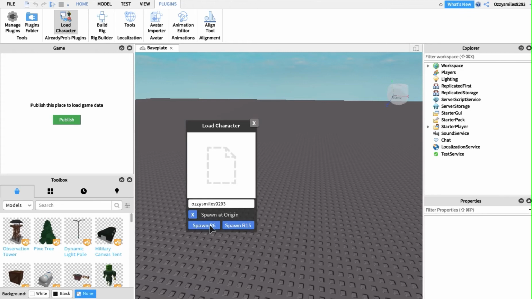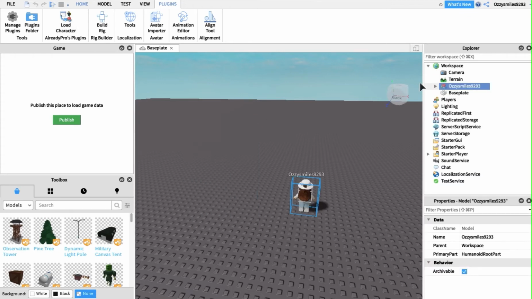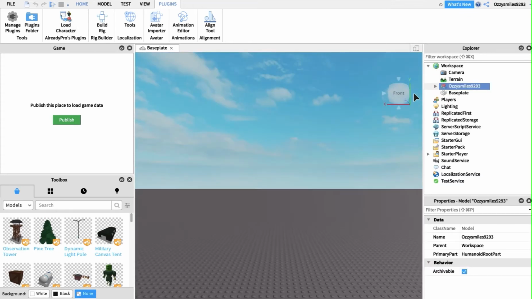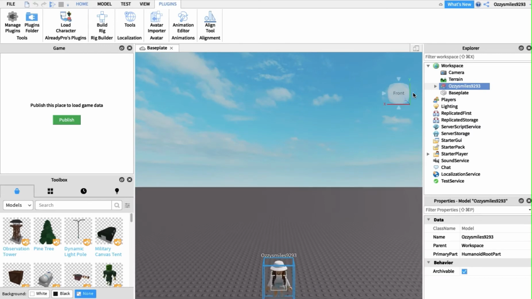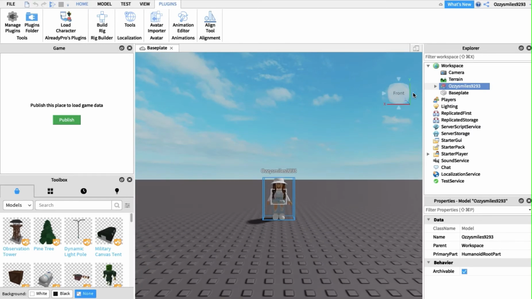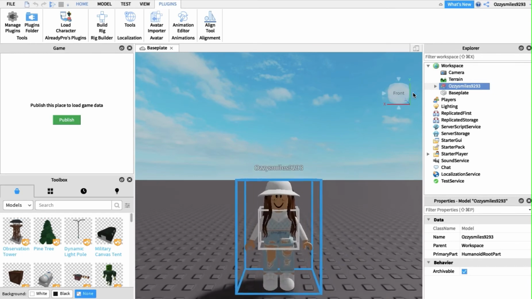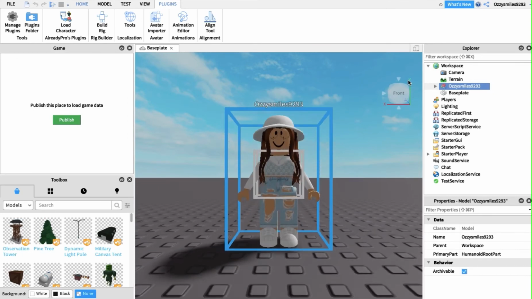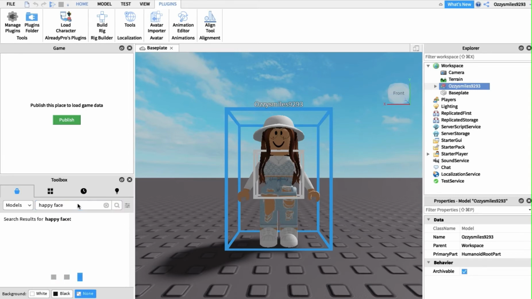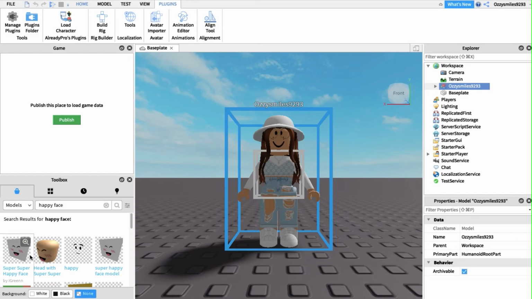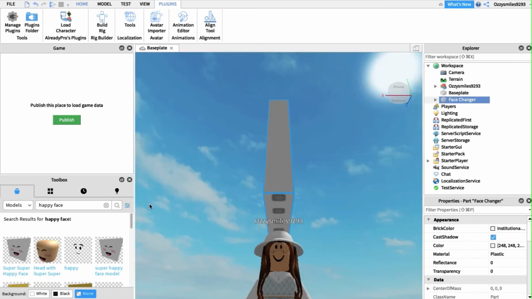It's not that my face is ugly, it's just not the prettiest face to use for GFX, in my opinion. I just like to use a different face. It's called Happy Face. Sorry, I'm bad at typing. So you go to the model, so after you type in the face you want,